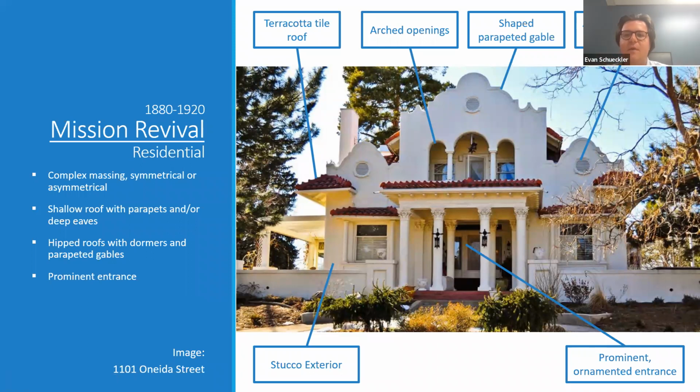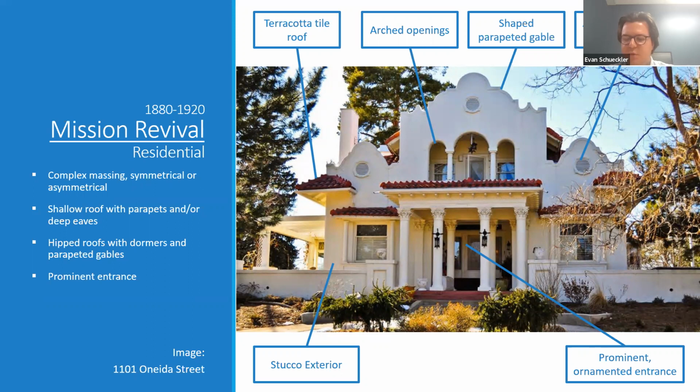So the Mission Revival is often a little bit more exuberant with those shapes that set it apart from the next style we're going to look at. Ooh, didn't want to go there yet. But commonly you also see terracotta tile roofing on this style with deep eaves. This one has exposed rafters underneath those. And this one also has a lot of classical influence in that front porch with the Corinthian columns. You don't always see that, but that's an interesting aspect of this. I noted stucco exterior. I think that's quite commonly what you'll see,